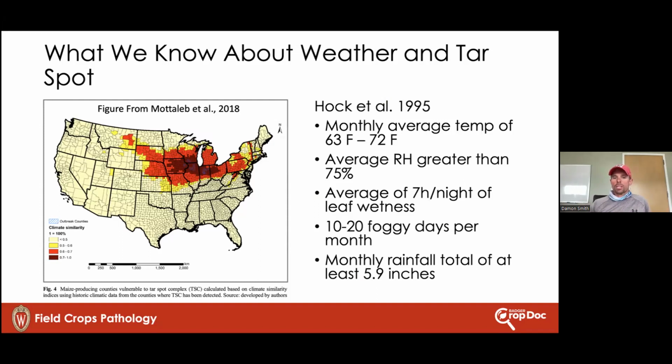You need temperatures between 63 and 72. So it is kind of a cool to moderately warm loving pathogen, although we know that hot temperatures are not lethal. In 2021, we had a similar situation here, although we weren't as dry, but we were very hot, going through the early July timeframe. And then it got a little bit cooler, and the rain started coming, and that's what really blew up the 2021 epidemic. So we can't get complacent about temperature.